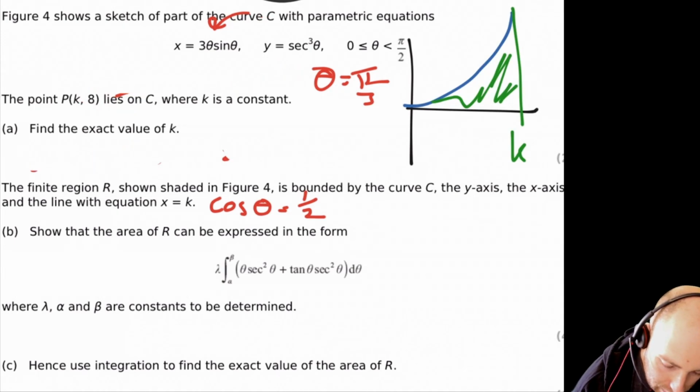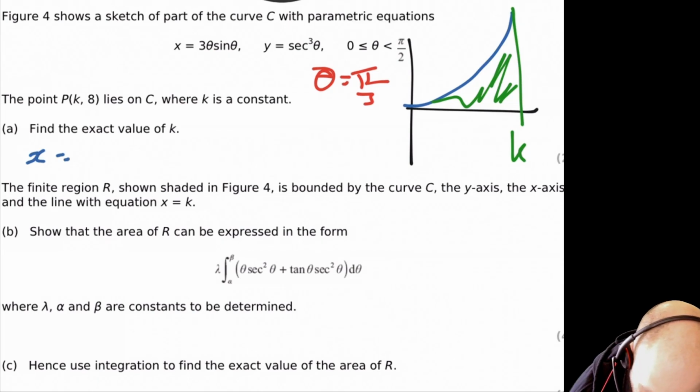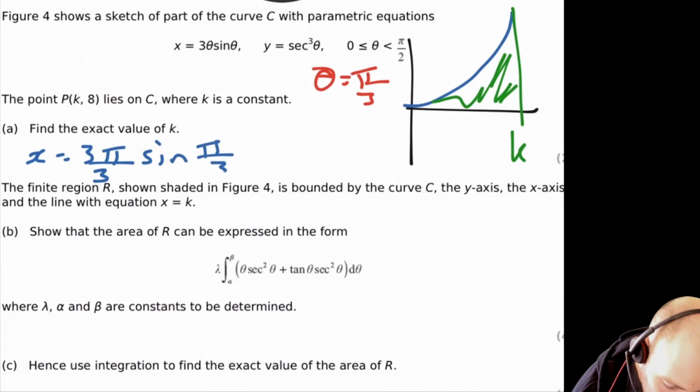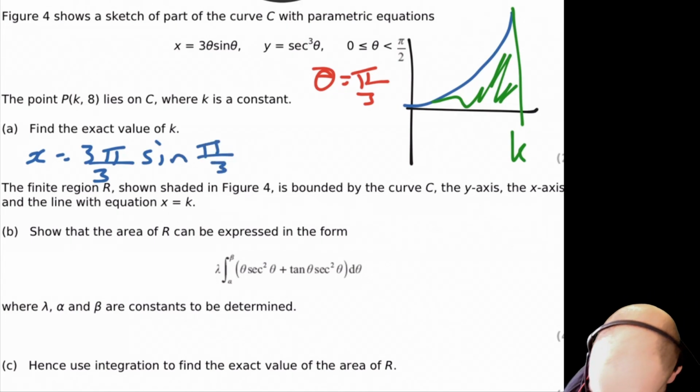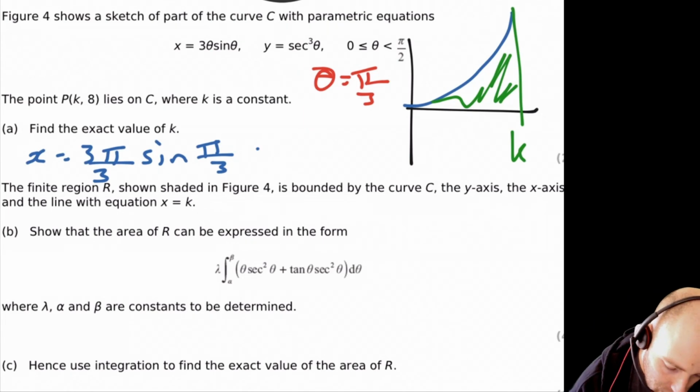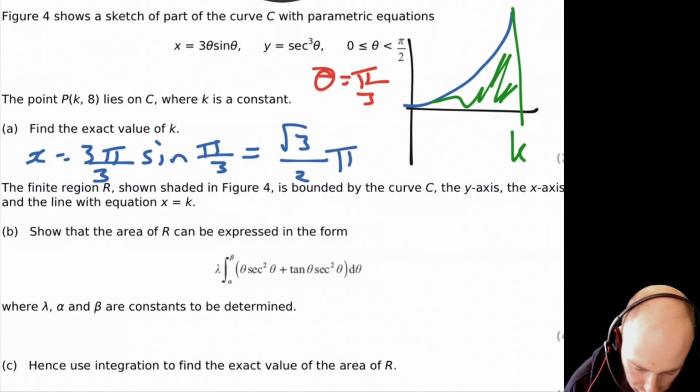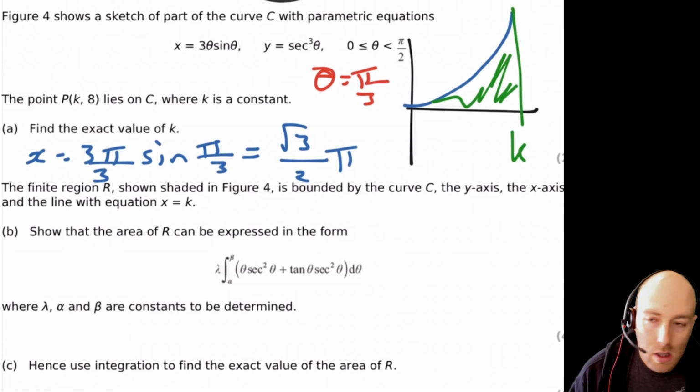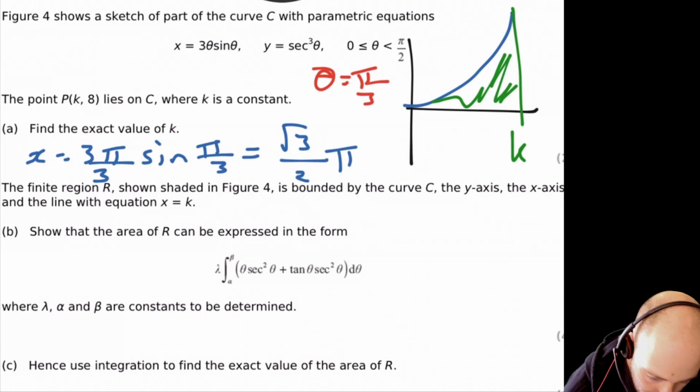I can put theta into the x equation to find x. So x equals 3 pi by 3 sine pi by 3. So 3 pi by 3 just turns into pi, and sine pi by 3 is root 3 over 2. So we get root 3 over 2 pi as my x value. Okay, part B, show the area can be in this form. And what we need to use for this one